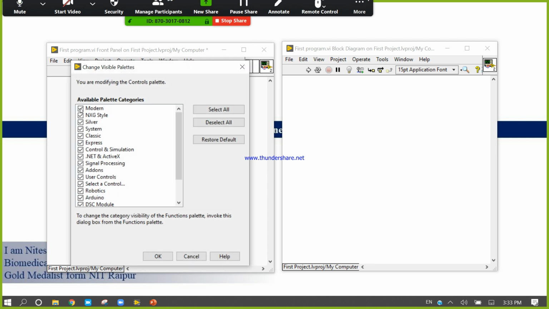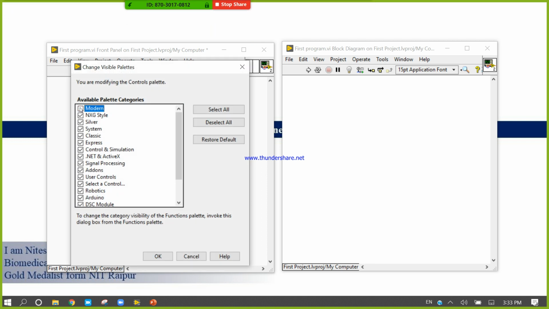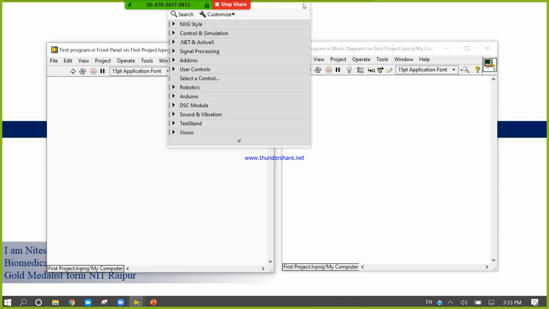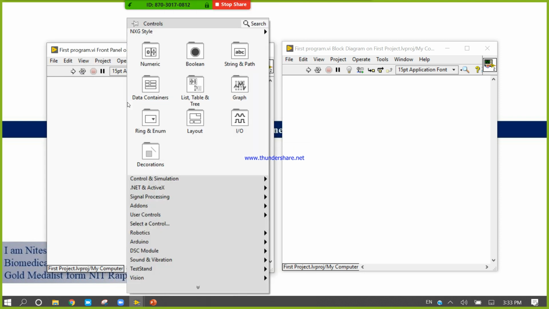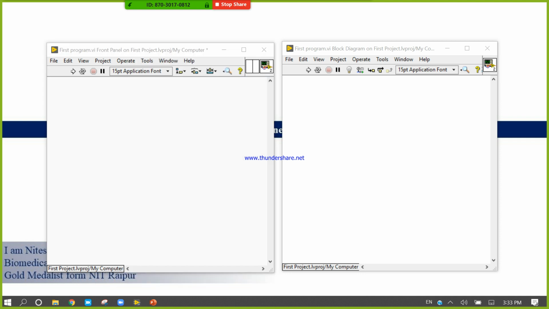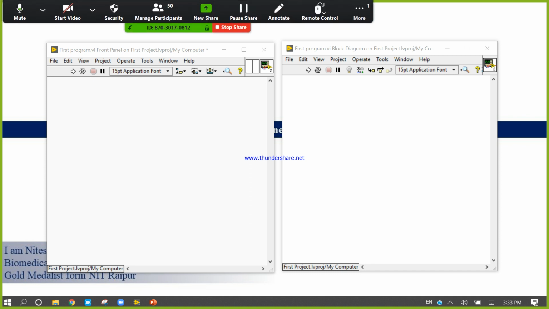Now I deselect Modern, Silver, Classic, Express and all the others, and I press OK. So now when I click, only my NXG style will appear.